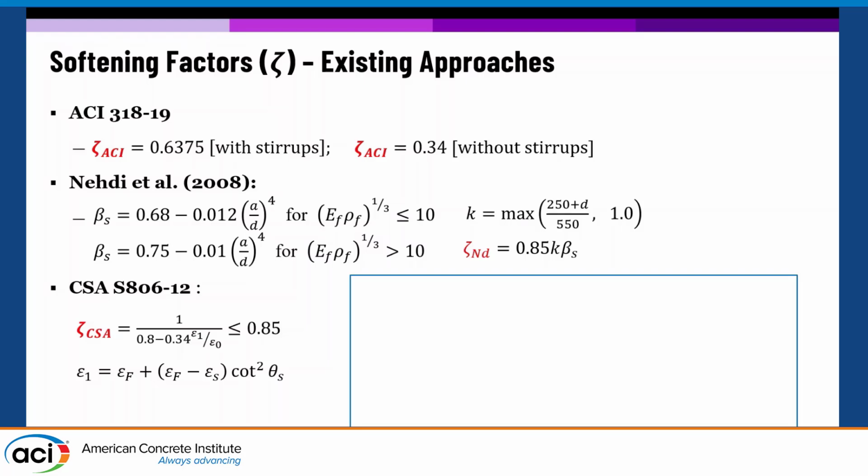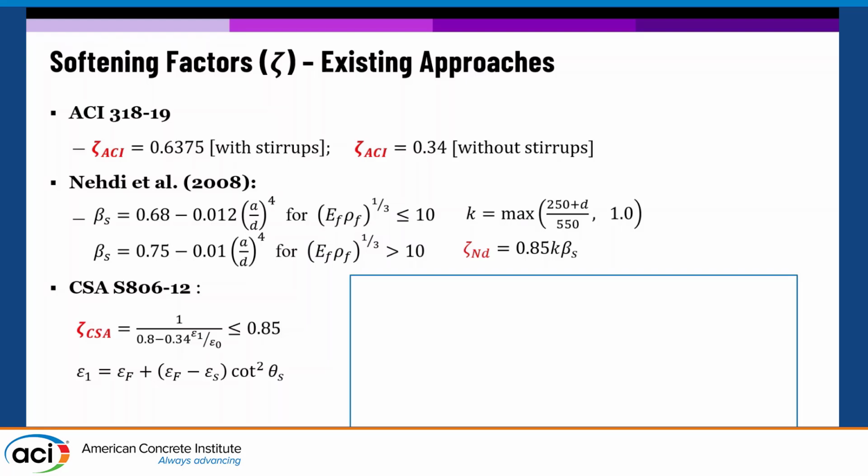ACI has a very simple one: with stirrups 0.6375, without stirrups 0.34. There is work done by Neddy et al., again a whole set of equations. They have softening parameters for compression struts in strut-and-tie models. Their tests and calibration were done on beams without shear reinforcement. So all of them were without shear reinforcement. And then there is the Canadian approach